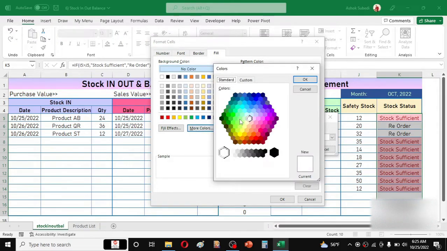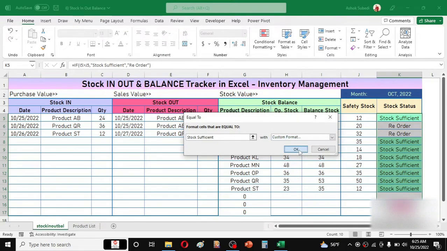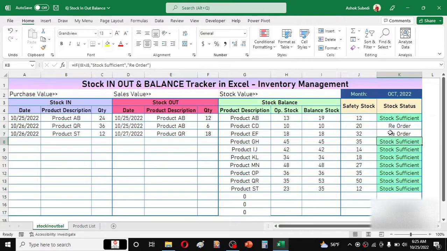By going to the more color option, I am choosing this green color for stock sufficient. Click OK. Now again click OK, and you can see wherever there is stock sufficient, it is highlighted with